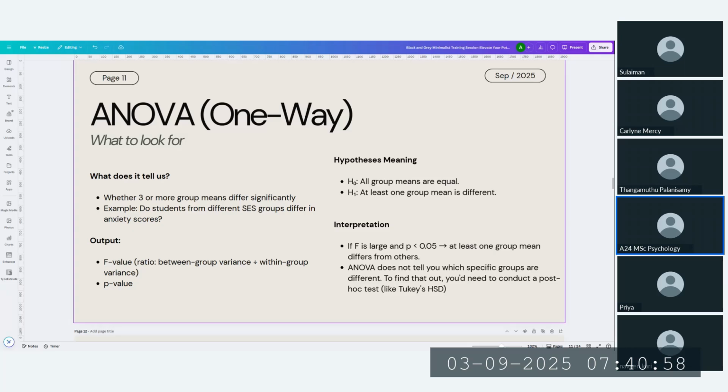If you are analyzing anxiety scores, it means there is one group where the anxiety scores are much higher or much lower than the other 2 groups. And our job as psychologists is to research and find out. Then we will get into which group. Then we will get into why. So for that, there are other tools. But ANOVA enables, so what it is doing, these tools are helping us narrow down